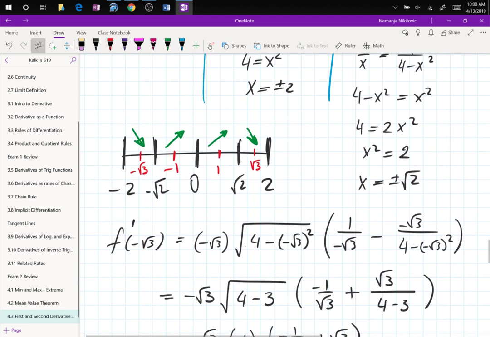Now I know how much you love and appreciate trig. So we are going to do a trig question for the first derivative test, and then we're going to do the second derivative test. So let's take a look at